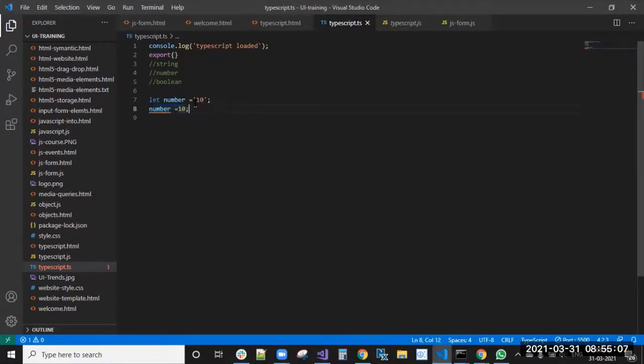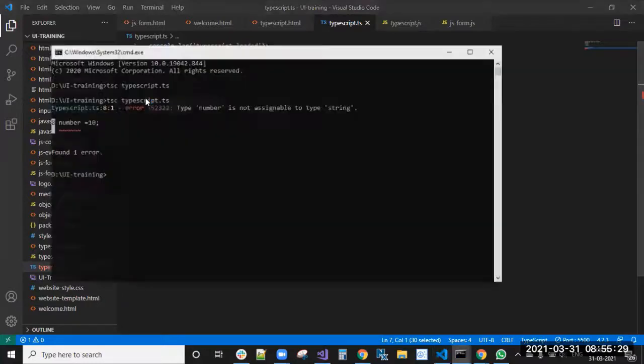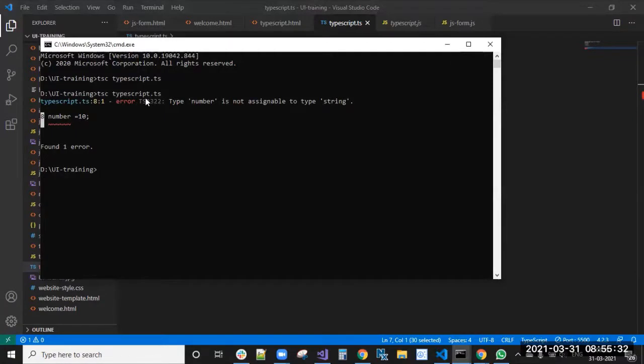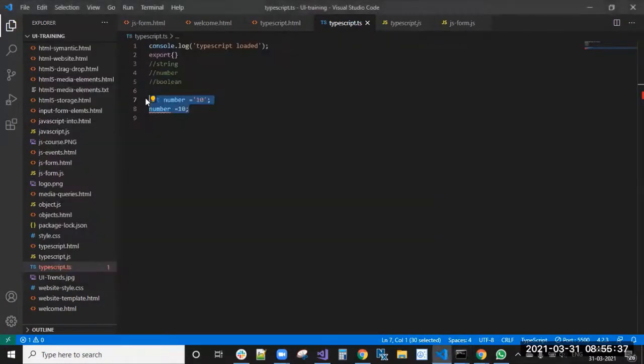Actually, in JavaScript we can assign like this, right? It will allow you, but TypeScript is strictly typed. That is a strictly typed language. If you are declaring a variable with string, then you can assign only string values to it. Don't assign a number value or any other type value. If you try, it will give you compile time errors, the project will not build, and it will not show you the output. Okay, so that is the beauty of TypeScript. Because of this, we will not get conflicts.